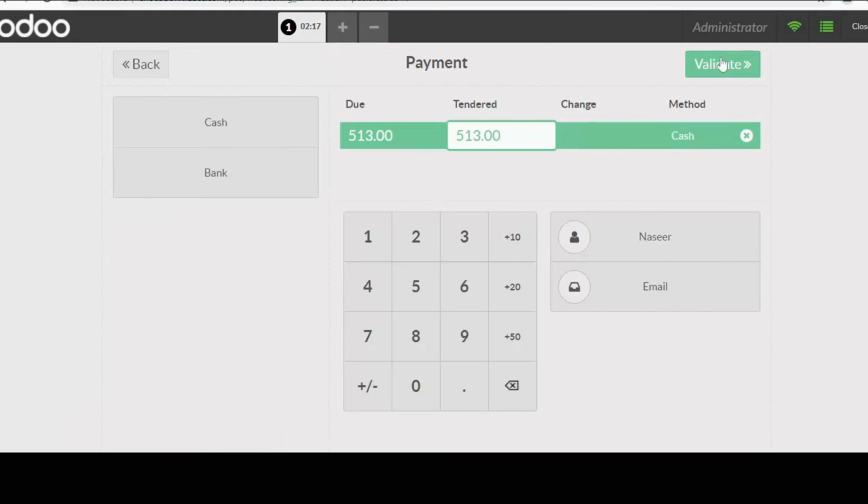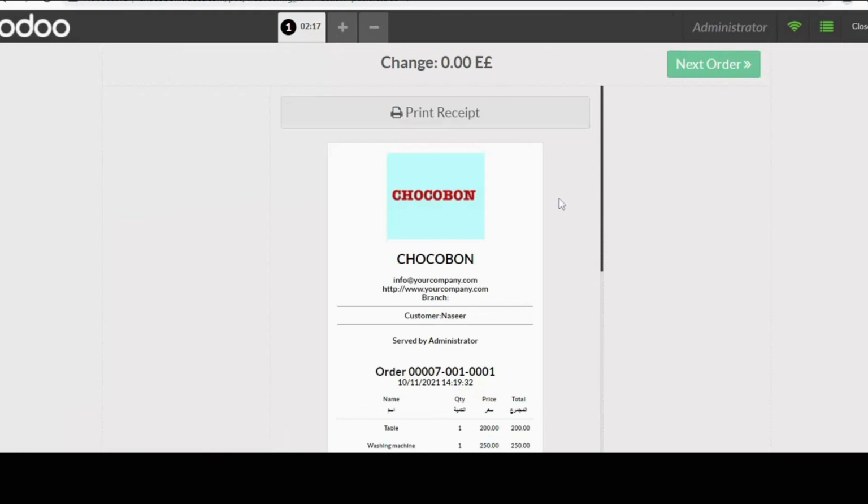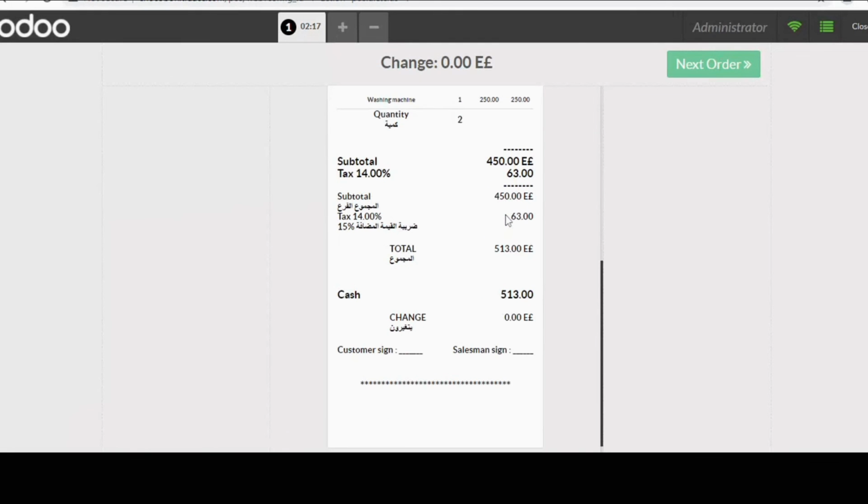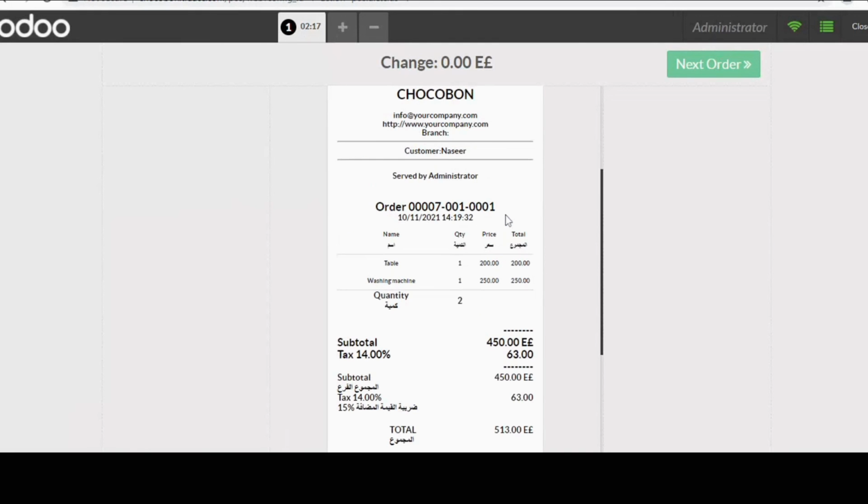Next is validate. Now you can see the bill of the point of sale for this product. This is how we make the bill. The next is we can make the next order. Also, this is the process of creating the bill of point of sale. So thank you.